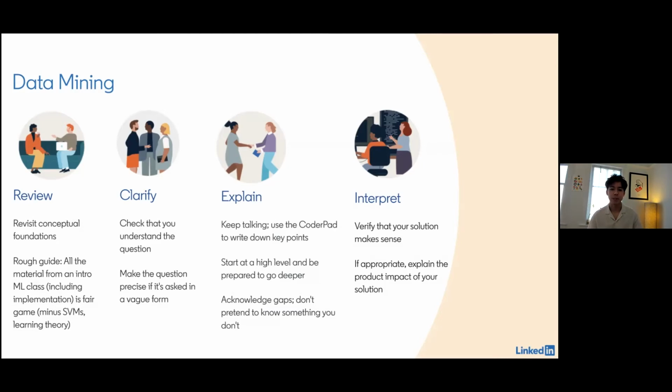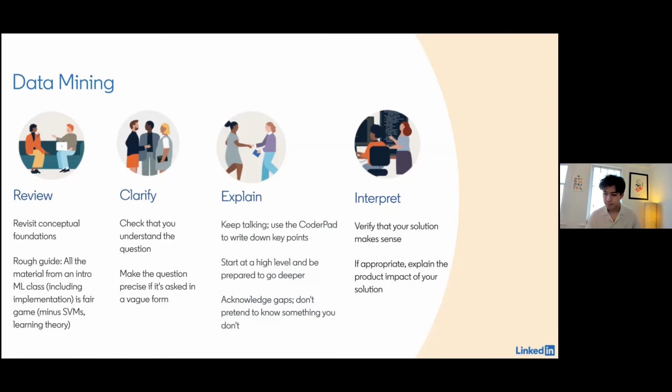We're not expecting you to have encyclopedic knowledge of everything that could possibly be relevant to a machine learning project. So if you find that you're being asked about something that you're not super familiar with, it's okay to say, oh, I don't remember the details. This is what I do know. And this is maybe what I would Google or try and look up if I had to learn more about this.